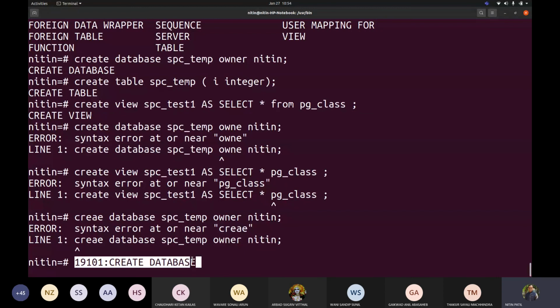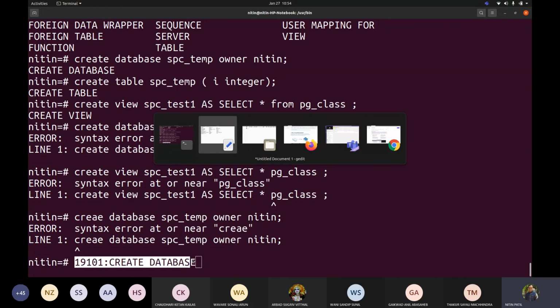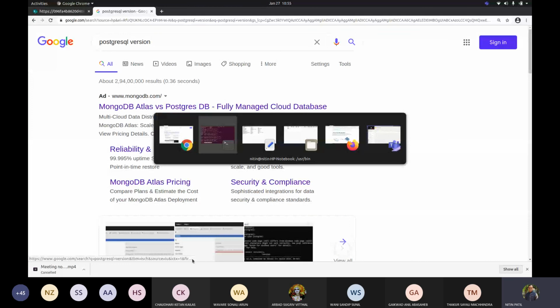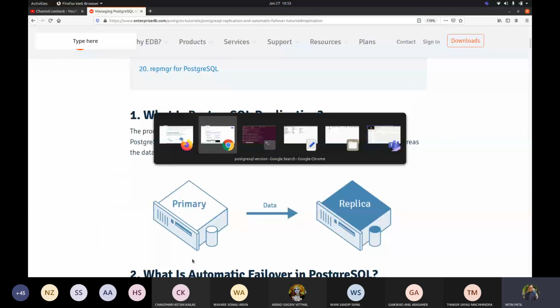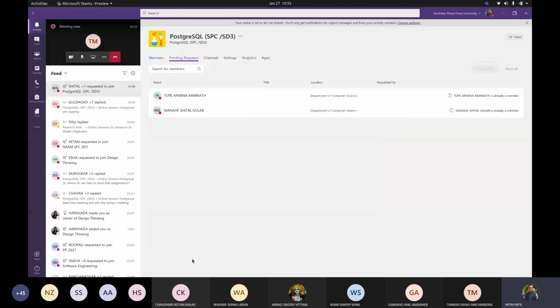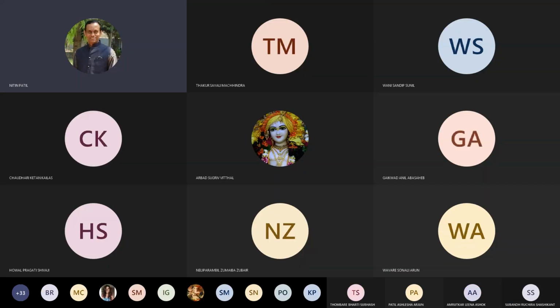Understood? Any question, query till this time? If you have, you can let me know so that I can answer your queries. Right now, only try to understand what is the meaning of replication. We are not interested in carrying out replication right now because your hardware may not support every such thing. Fine. If you have any question, you can let me know so that I can